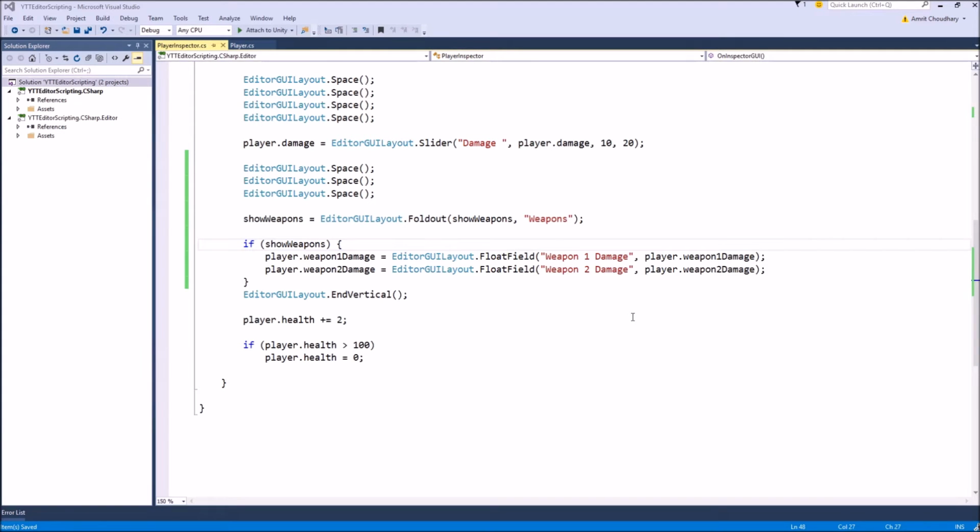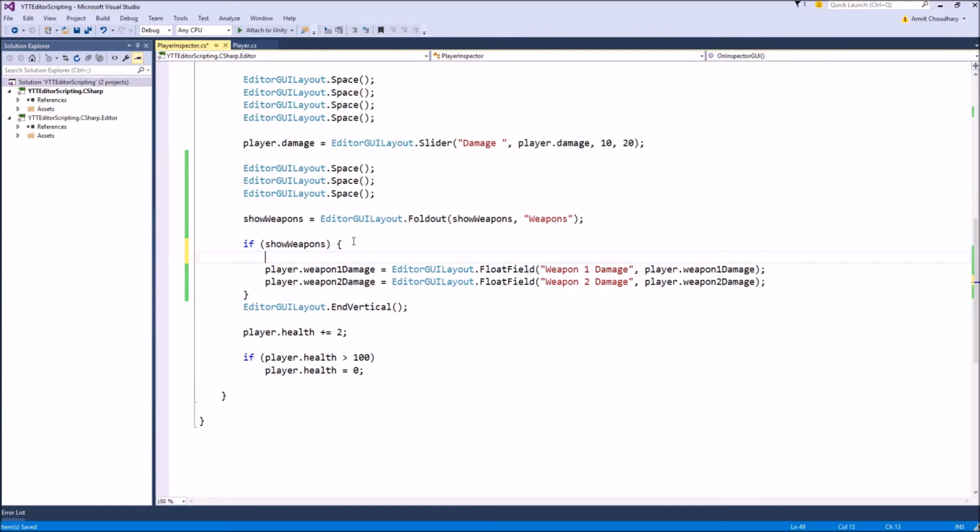In the same context of making your inspector more readable, let's look at indentation. You apply indentation by using EditorGUI.indentLevel. I will just write the script and then show you how it affects how things are drawn in your inspector.